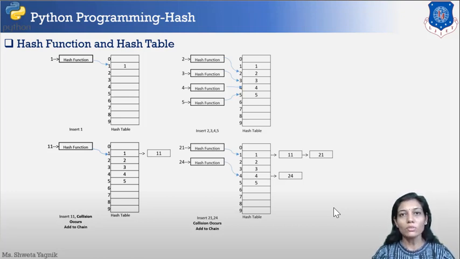The key of 21 is 1, so we keep on searching element by element. First 1 is compared with 21, no match, so again we go further and compare 11 with 21, again there is no match, we need to go further and check whether 21 is equal to this element. Yes, we have ultimately found it.